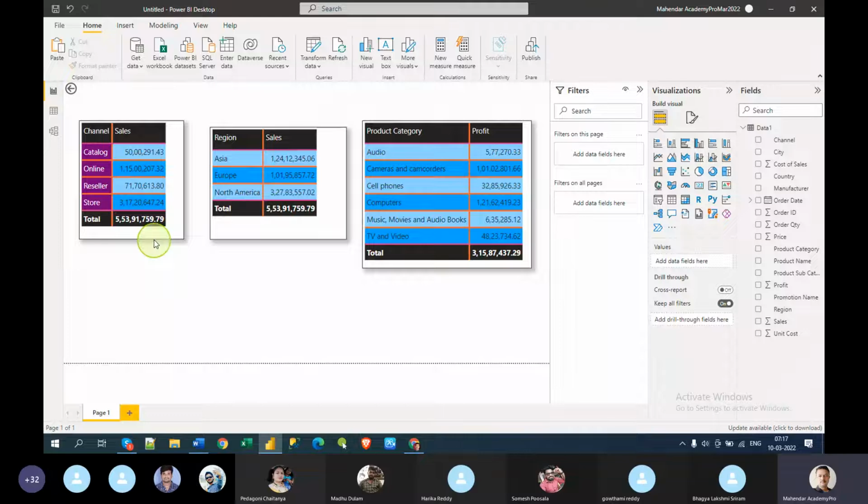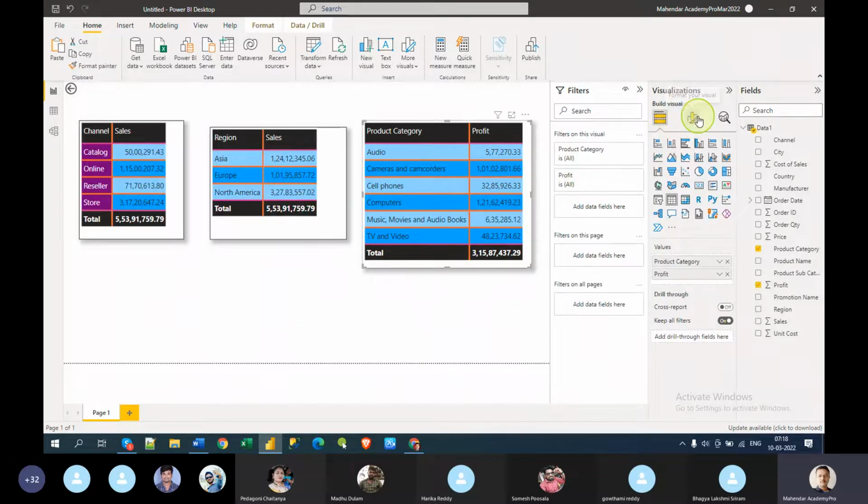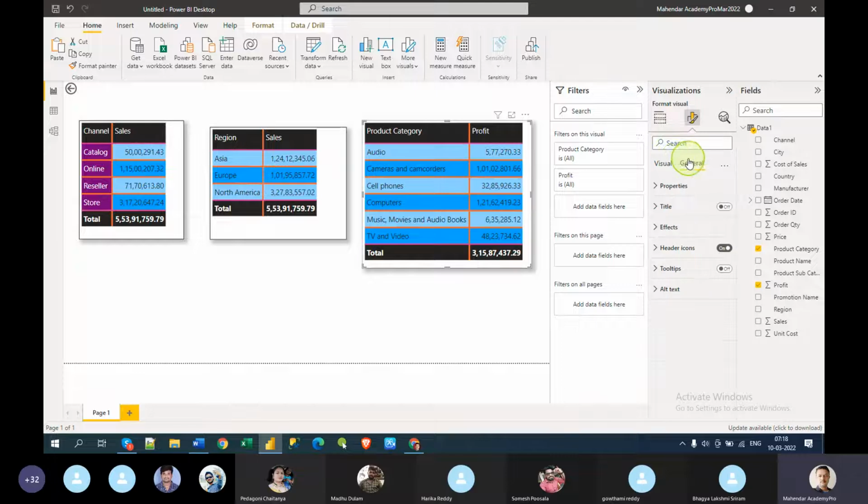So this is how you can create. Okay, first thing is you can duplicate and then change columns, and the second one is you can create a brand new one, click format and click on this. So that's how you can create. This is the table creation and format. Any questions here? It's a very basic thing. I've not done much fancy here, but I just introduced you to the formatting options of our table here, and then the general and visual.